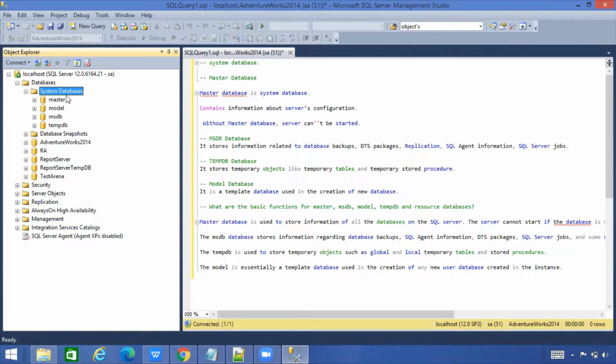The very first system database is the master database. What does a master database do? Well, the master database has got the server related configuration with it. When I say configuration, it means like you might